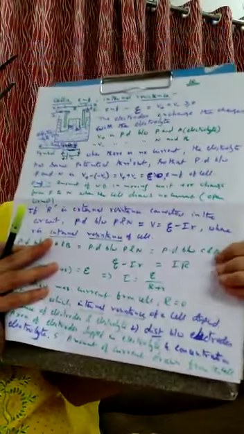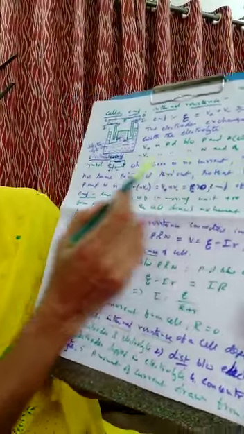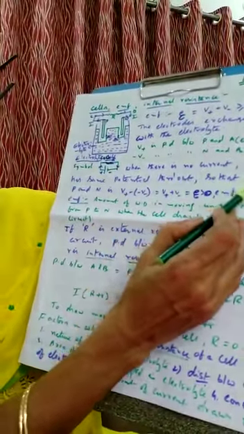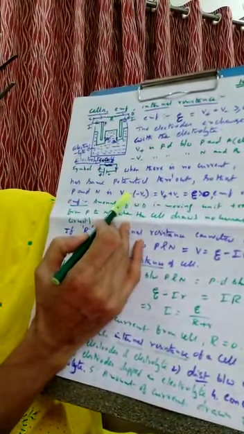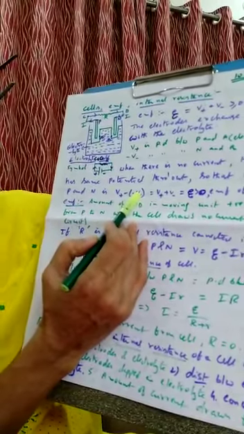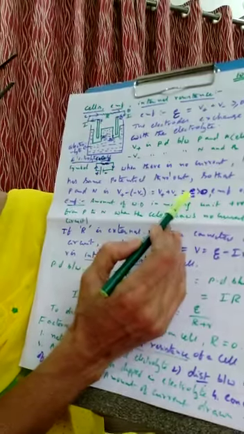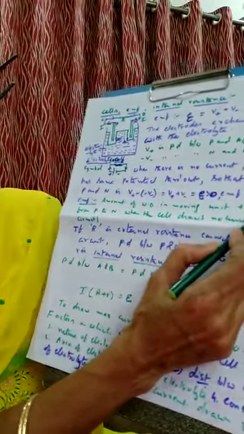Once again, what is the condition here? The condition is when there is no current, the electrolyte has the same potential throughout, so the potential difference between P and N is V plus minus of minus V minus. What does it mean? Just now I said V plus plus V minus is equal to E, greater than 0. That is called the EMF of the cell.